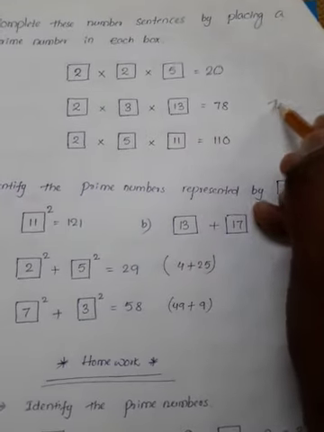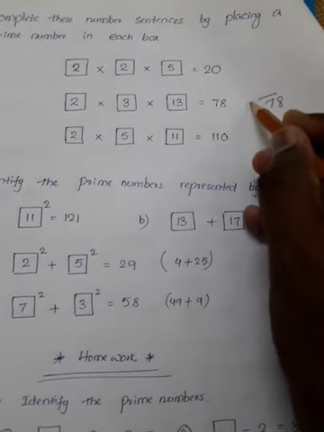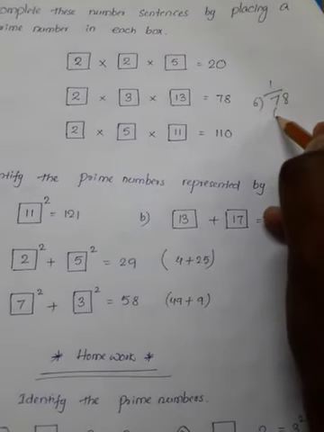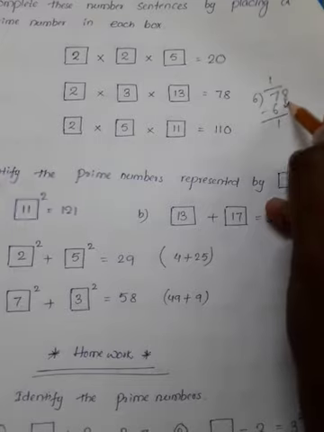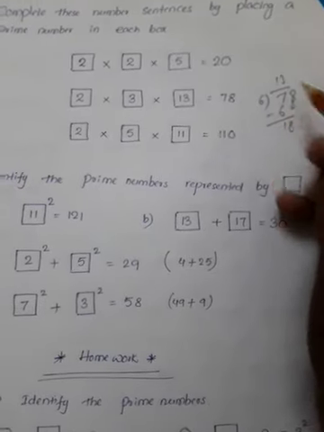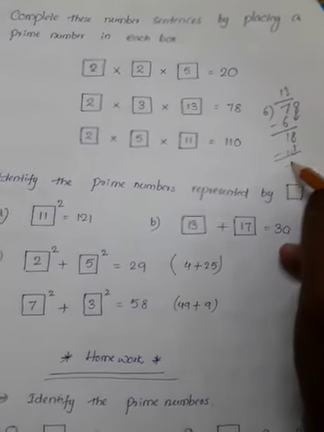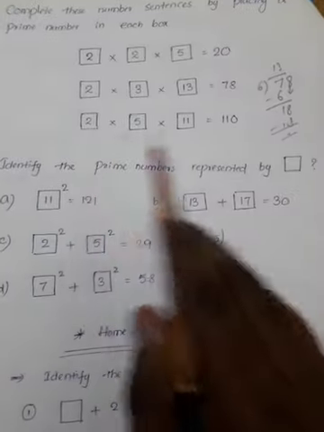If you don't know 13, just divide 78 divided by 6. So 6 ones are 6, here is the 1, and here is the 8. So 6 threes are 18. So what is the remaining? 13.